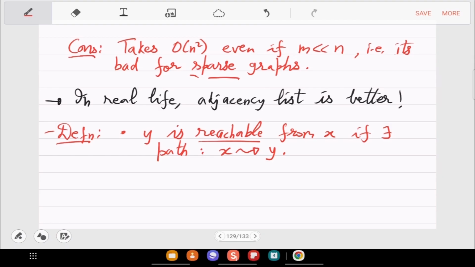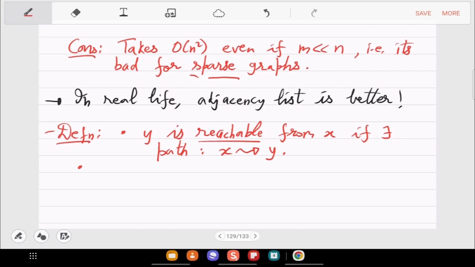So our next problem is essentially to do with this: which kind of y are connected from x, which kind of vertices are reachable from x, and then traversing the graph to recover all this information. This is the first thing that you want to do with a graph algorithmically.